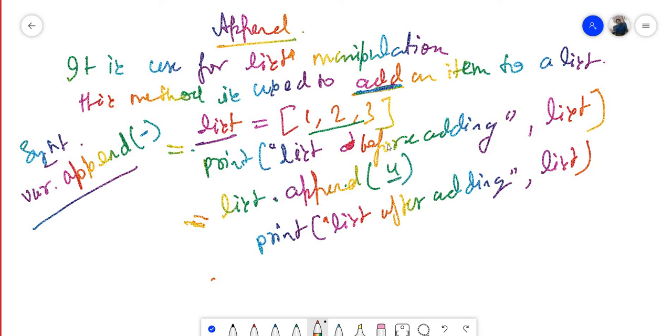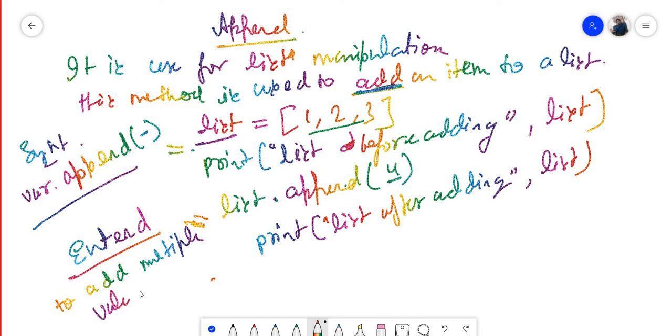If you want to add multiple values, you will use extend. Extend is to add multiple values in a list.